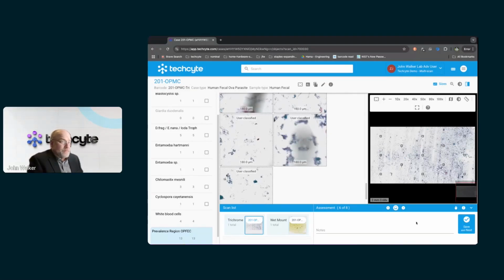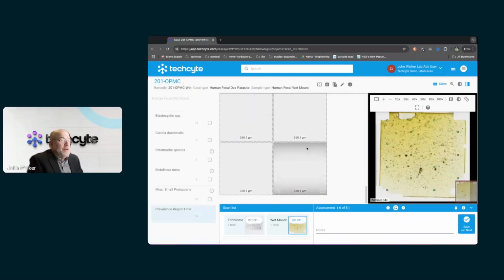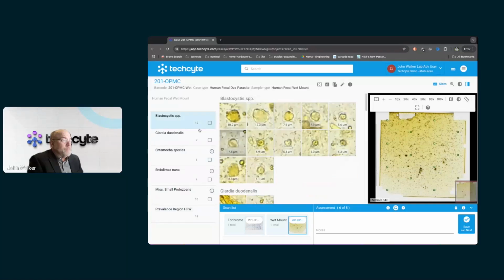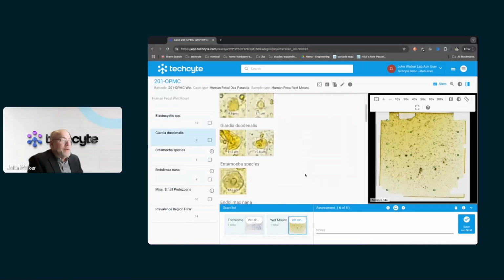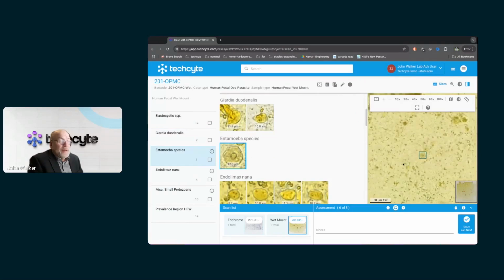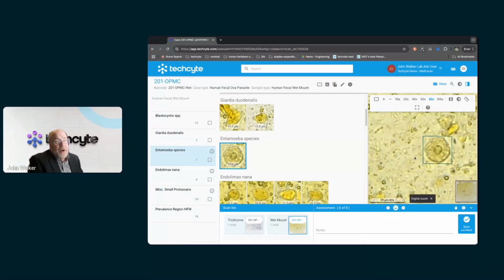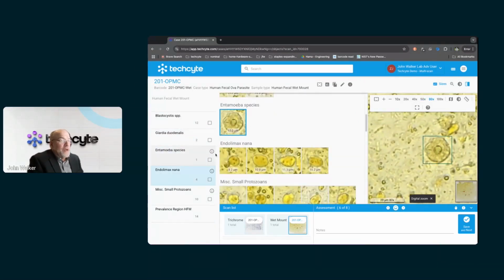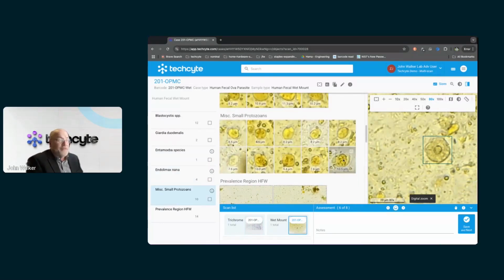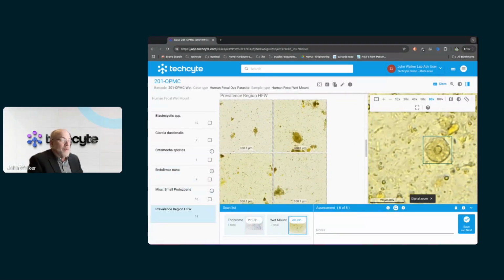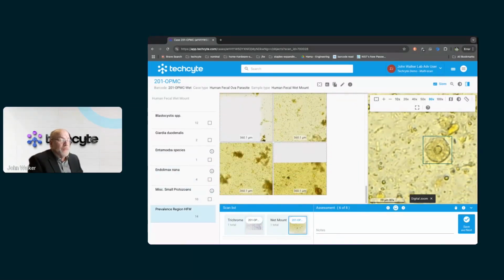It's a negative. Looking at my wet mount, doing the same process, I'm not seeing anything here that I didn't see in the trichrome. There are no extra organisms that the AI identified as candidates. So same process, I review my prevalence regions